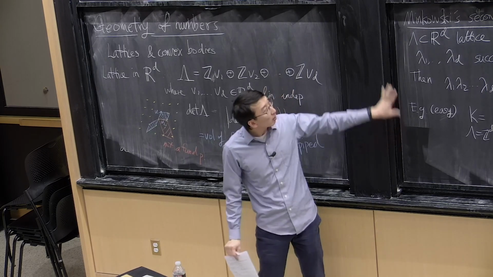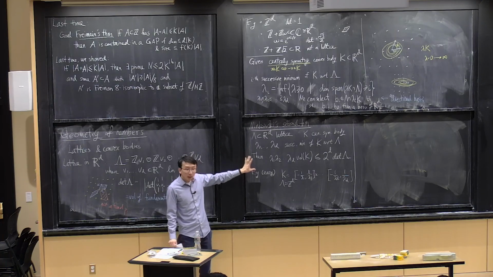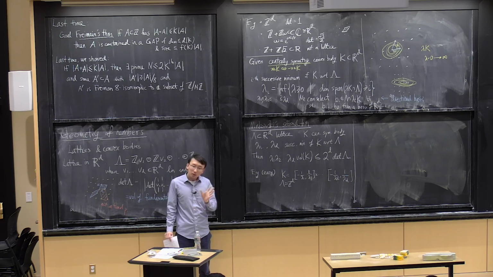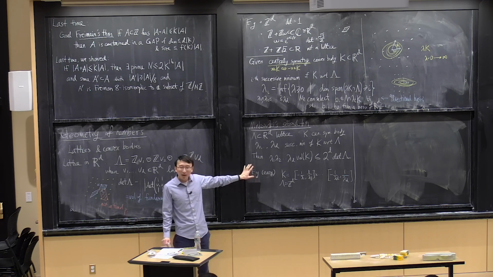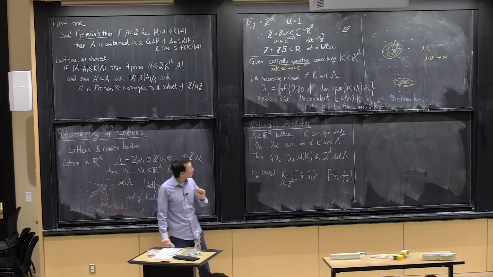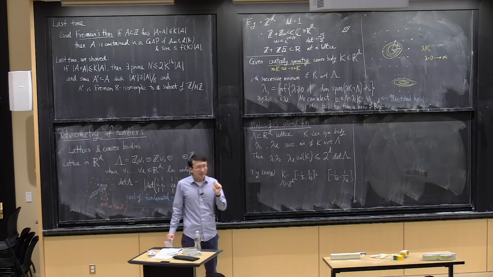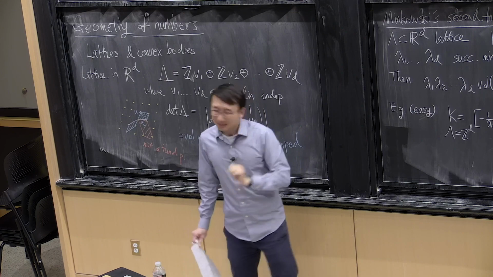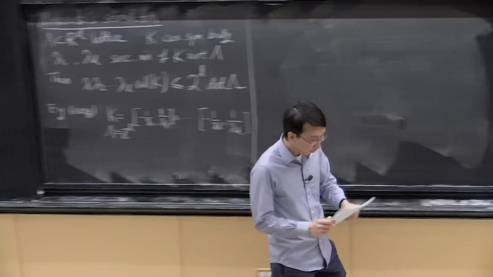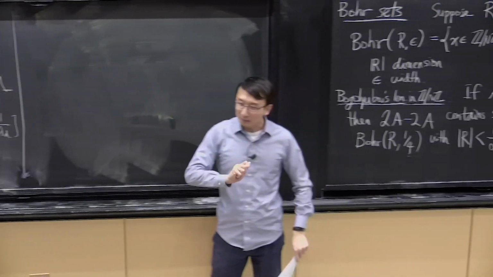Now, this is a pretty easy case of Minkowski's second theorem. But the general case, which we're not going to prove, is actually quite subtle. The proof itself is not so long. It's worth looking up and trying to see what the proof is about. But it's actually rather counterintuitive to think about. It's one of those theorems where you sit down for half an hour or an hour, you try to prove it, you think you might have come up with a proof, and then at closer examination, it's very likely that you made some very subtle error. It's not so easy to get all the details right, and we're going to skip the proof. But any questions about the statement?